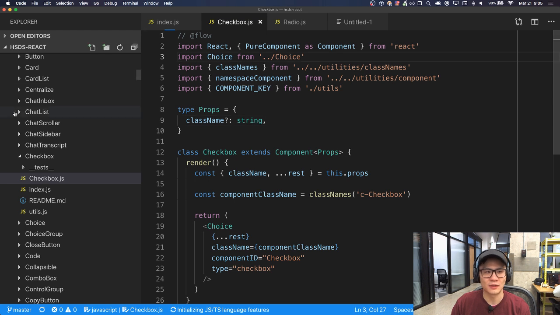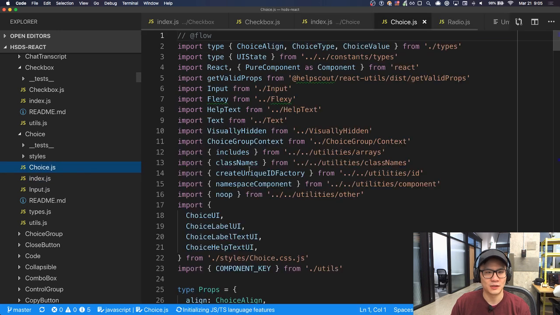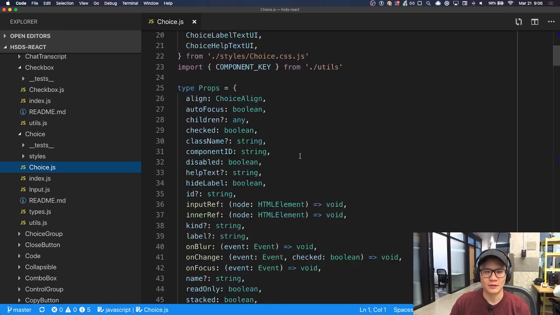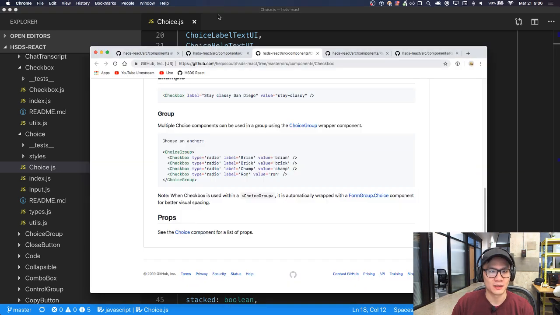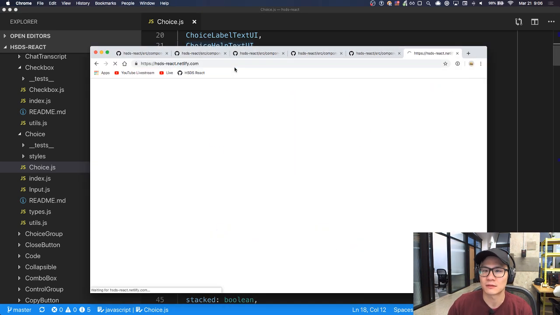Choice. This is where all the fun stuff is hidden. Choice. Here we go. Yeah, this is where all the logic is. Okay, so what is a choice? If I pull up the storybook, HSDS React,